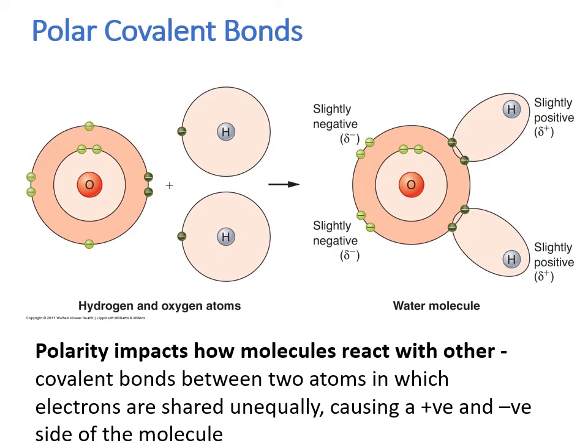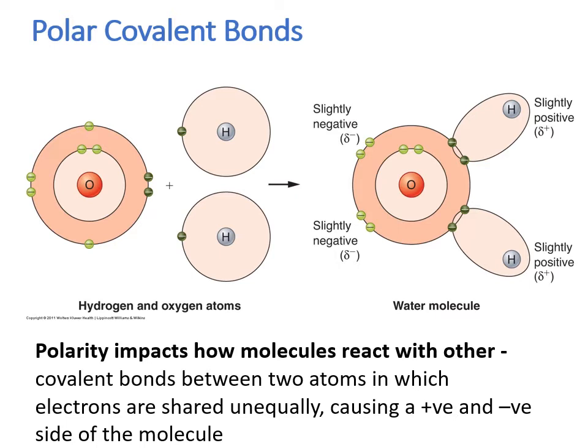It has more atomic mass than hydrogen, so there's a greater pull of the electrons towards the oxygen nucleus. So that makes H2O slightly what we call polar, meaning